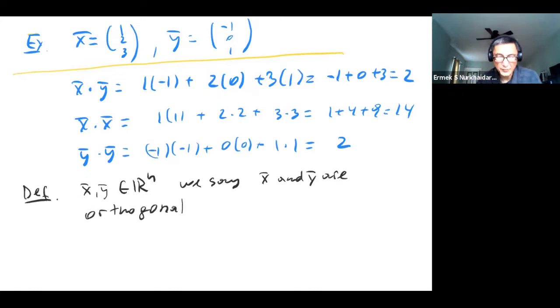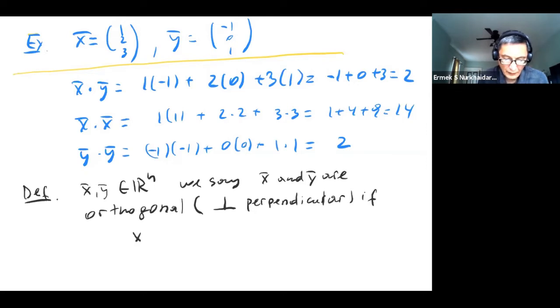Orthogonal basically means perpendicular. If you take the dot product and at the end we get 0, then we say two vectors are orthogonal. If we multiply them together, we get 0. Example,